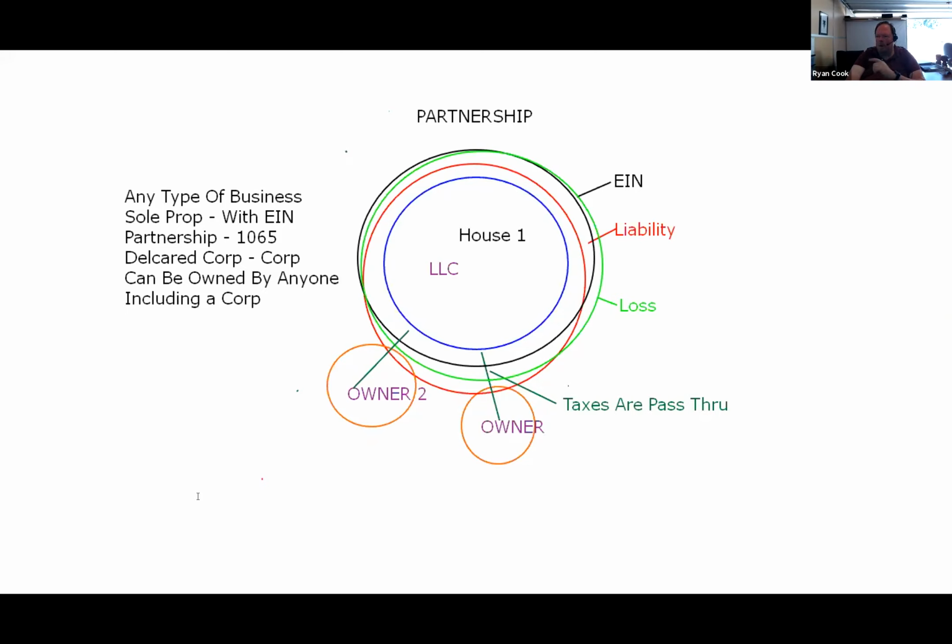But remember, an LLC is basically the Swiss Army knife of business. How is it structured? What did you declare? And what is it now? Okay. It's a partnership by default, automatically. If there's more than one member, 2 or more members, and you don't declare it as anything else, it just defaults to be a partnership because that's what it is. But all the liability falls mainly on the LLC.